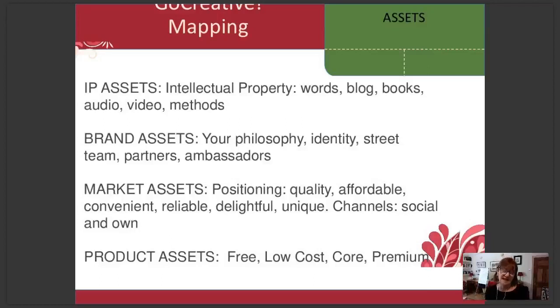Any digital business. So audio and video are also intellectual property assets. If you do a podcast, if you do any video, all of these are things that can work for you, that can go out and either pull in prospects who are interested in what you do, or can actually have value in and of themselves where you can charge for them.